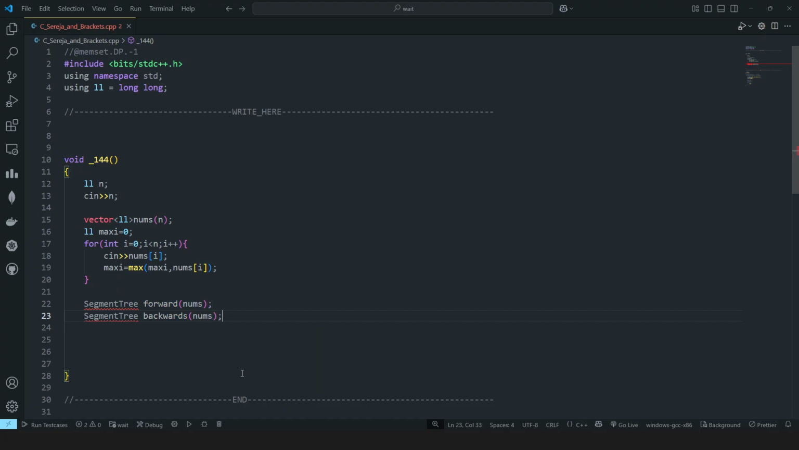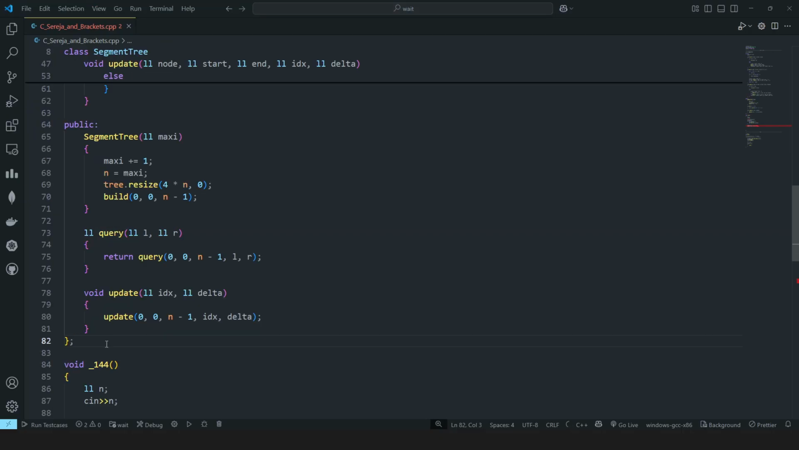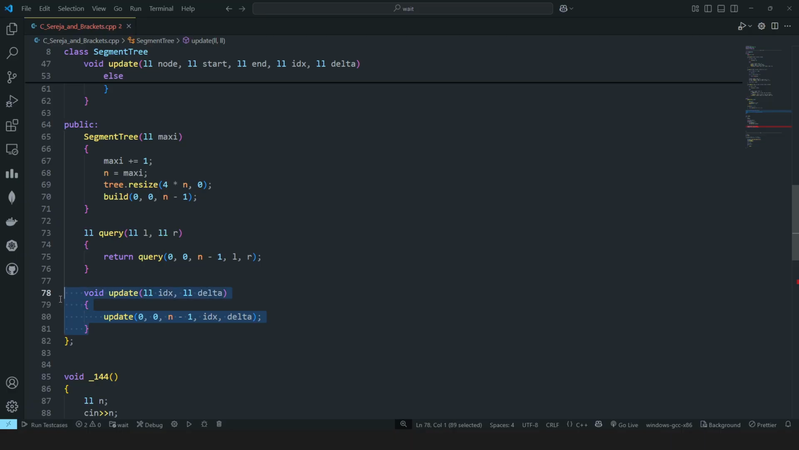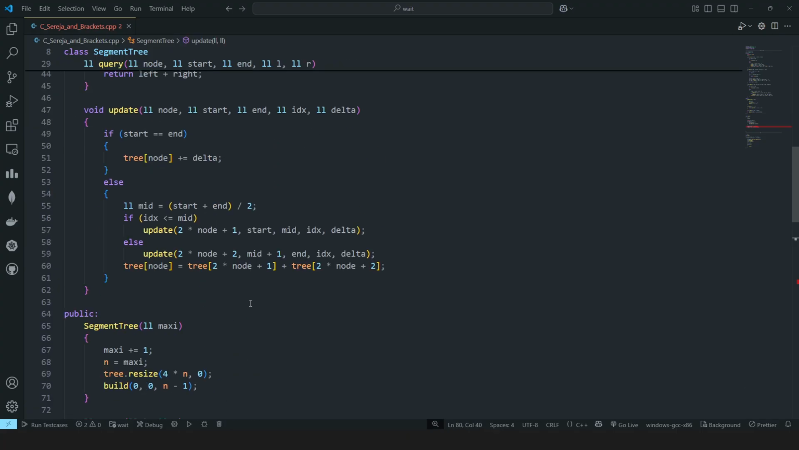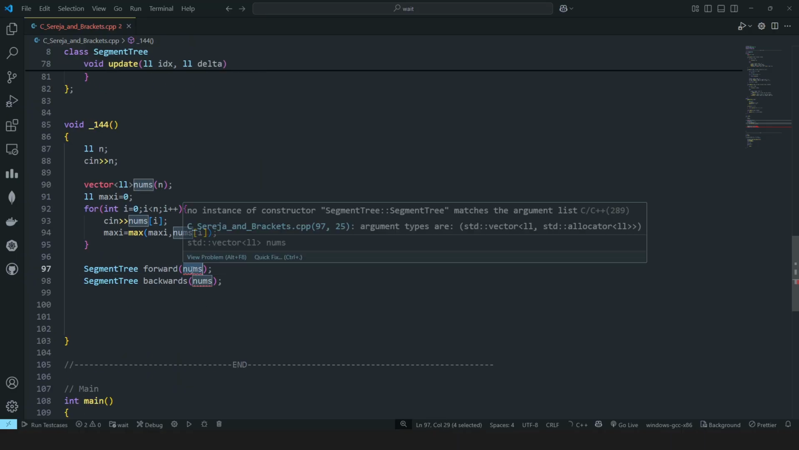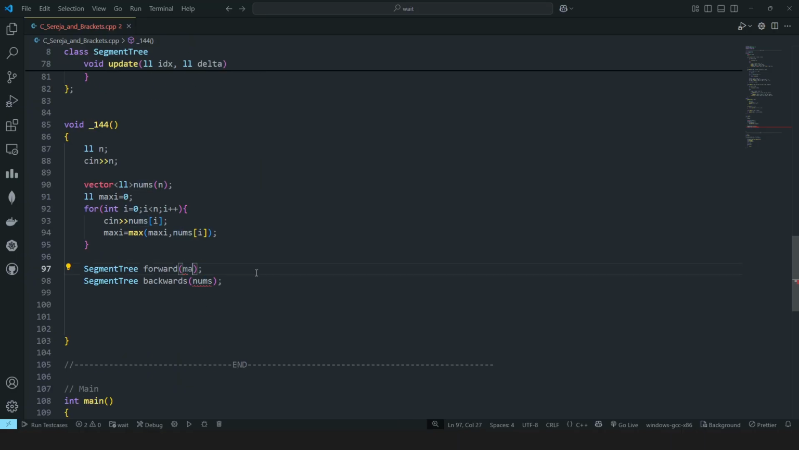Let me copy my standard segment tree template here. This is my standard segment tree template that supports mainly two operations: first is the point update, and the second is the range sum. Keep one thing in mind, that in this point update I am increasing by delta. That is, I am not setting it equal to delta, I am increasing by delta. So if this delta is +1, it will increase the count, and if this delta is -1, it will decrease my count. And instead of passing this array here, I can simply pass the maxi that I have